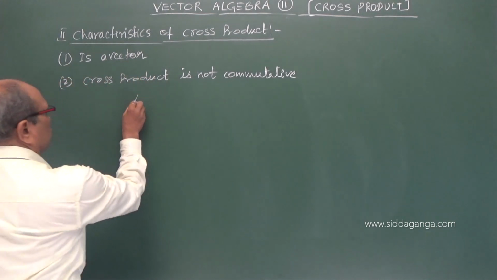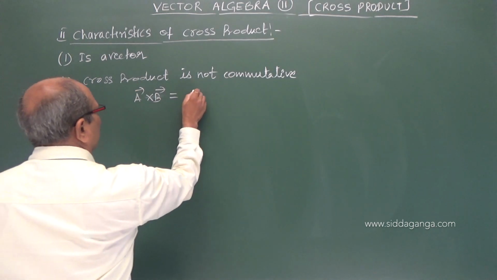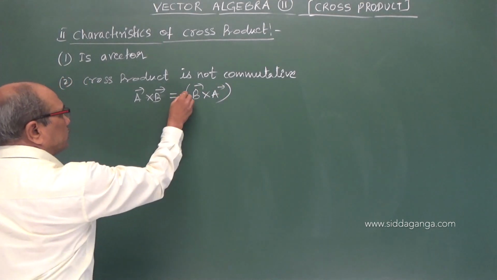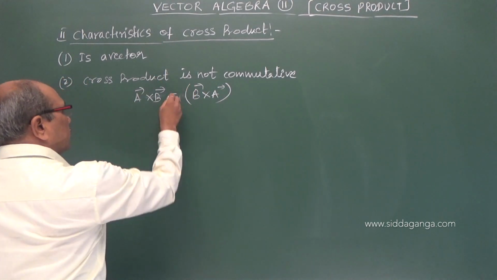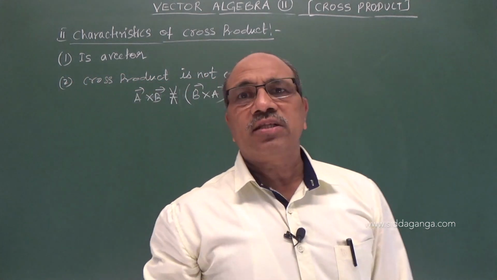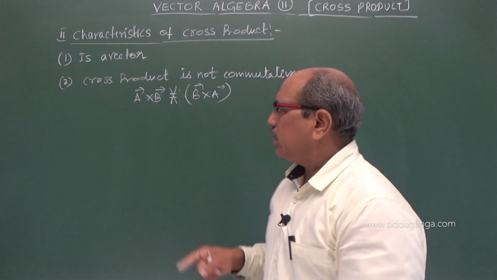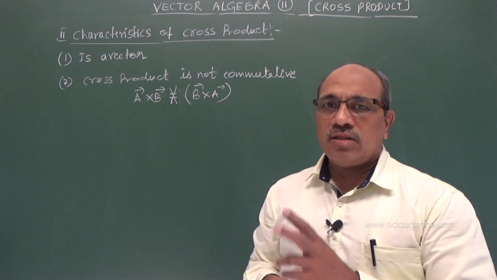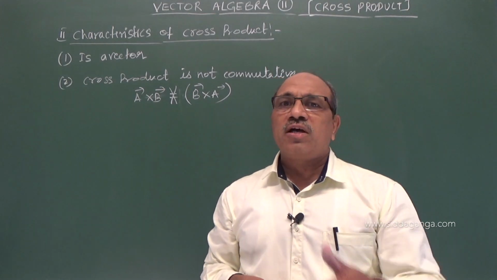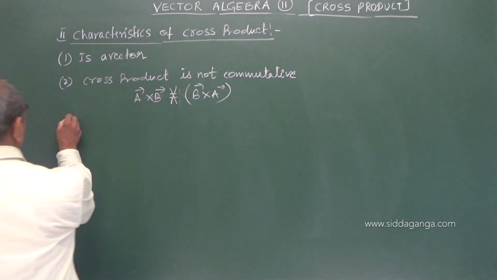Why? Because if A cross B equals B cross A, then we can call it commutative. But direction changes. Therefore, I say A cross B is not equal to B cross A. Magnitude may be the same, AB sin theta, but one is upward, you have seen, the other is downward. Directionally different, then we say the quantity is different. For a vector quantity, if either direction changes or magnitude changes or both change, then we say it is a different one. So then coming to the third,